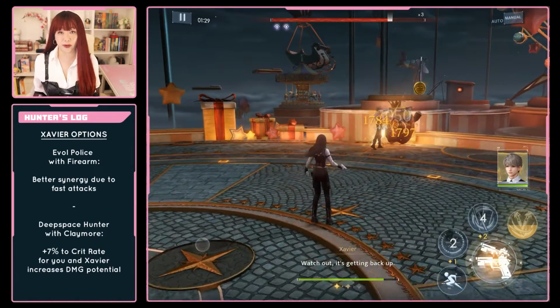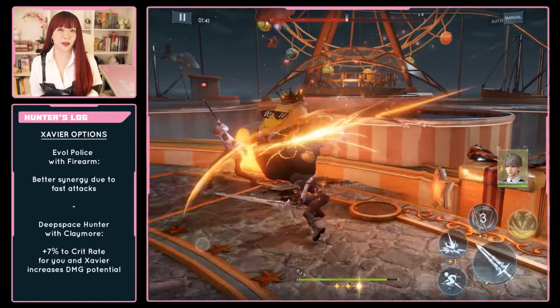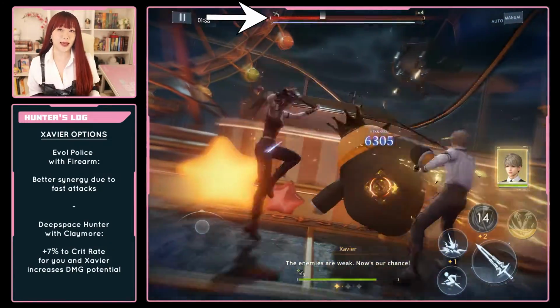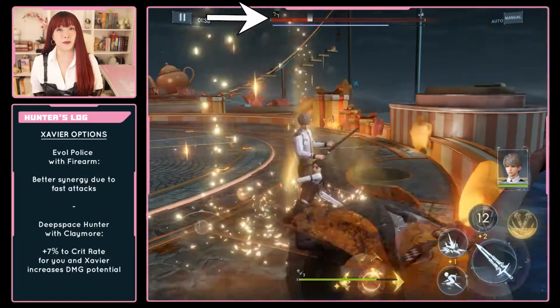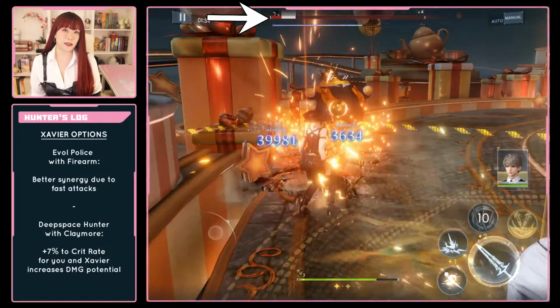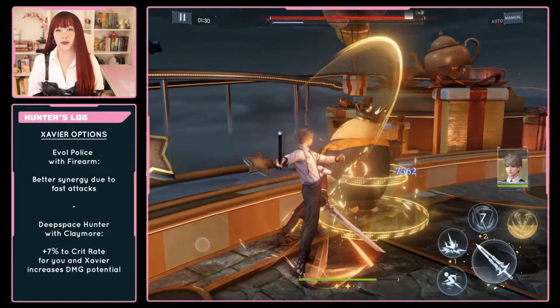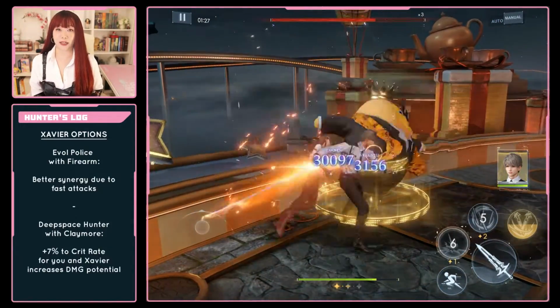So great synergy with Firearm, but Claymore is a slower hitting weapon, so you're not able to stack Transmitted Light as quickly, nor hit that many times during the 4 seconds of Immobilize to really capitalize on the 20% damage buff. The Immobilize can also be a hindrance rather than a help when you're intentionally trying to move an enemy